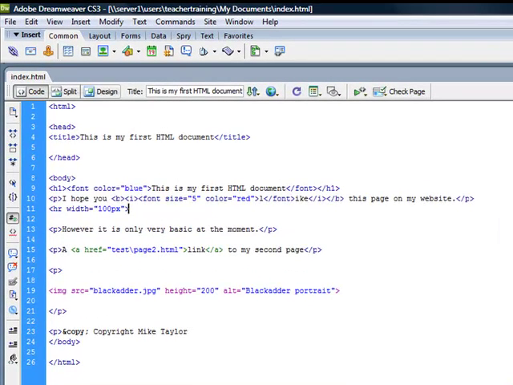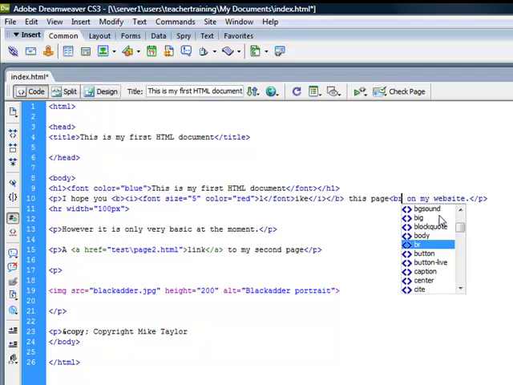The final presentational item or element that I want to introduce is the line break. So we've seen how we can create block elements using the paragraph, but we can also just add effectively a carriage return by using the BR tag. And the BR tag just creates this line break. Let me just show you what I mean. So let's perhaps, after the word page, let's just add the element BR,